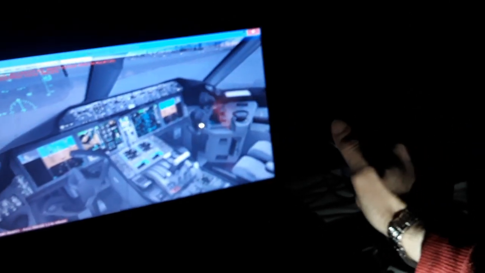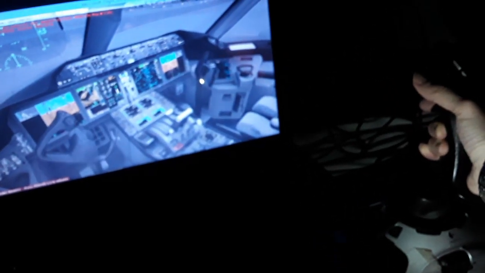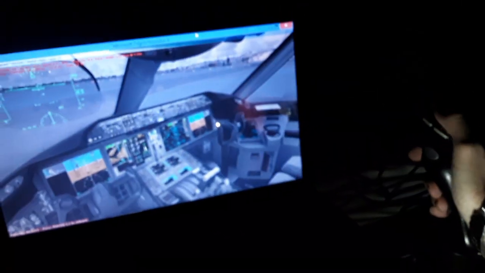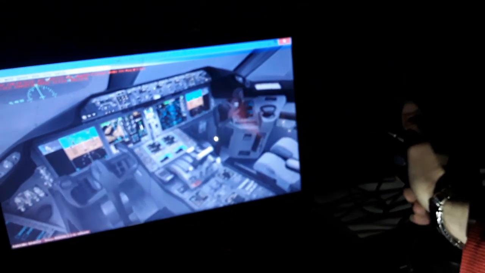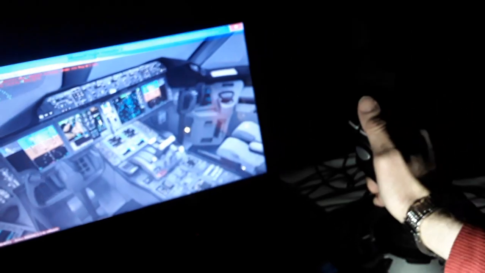So we can climb, descend like this, make turns to the left, make turns to the right as you fly, rudder pedals, nose wheel steering. Also we have interconnected from the tiller, the nose wheel steering. So climb, descend, make turns to the right, make turns to the left,